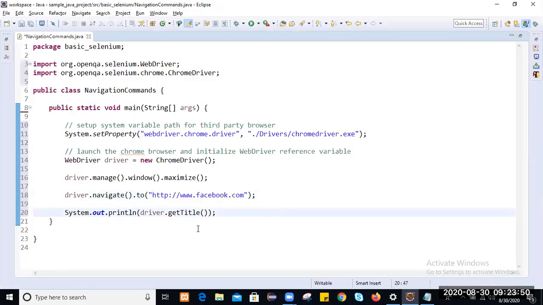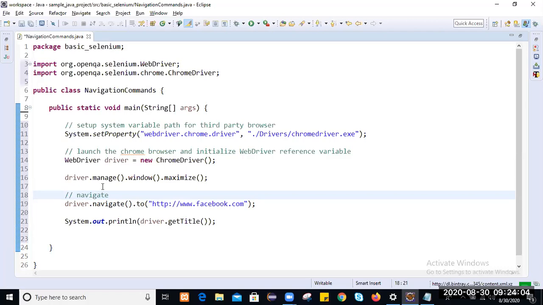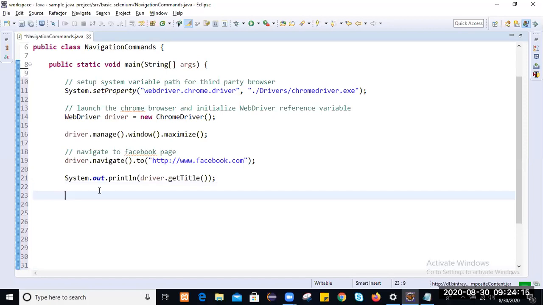This is the operation we will perform. To perform it, first we'll navigate to this Facebook page and then retrieve the title. This statement is to retrieve the title. Once you retrieve the title, to perform a click operation, we can do it in Selenium in multiple ways. We can identify that web element and perform the click by using the click command. So how to perform it? First find the web element.